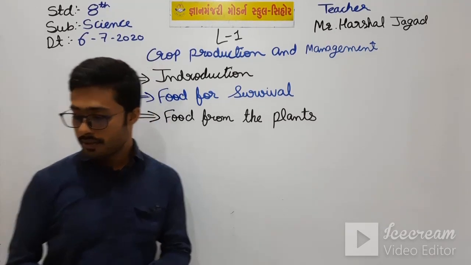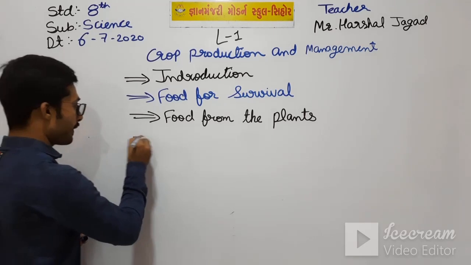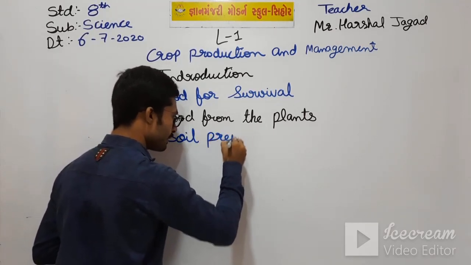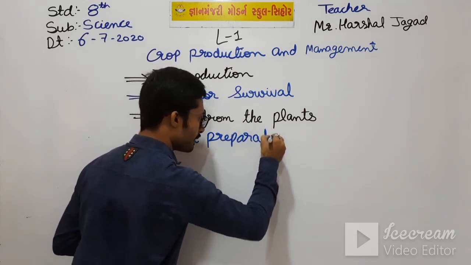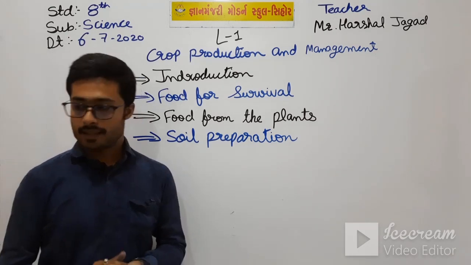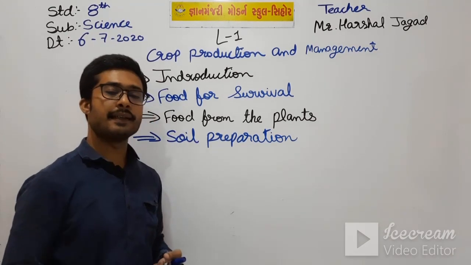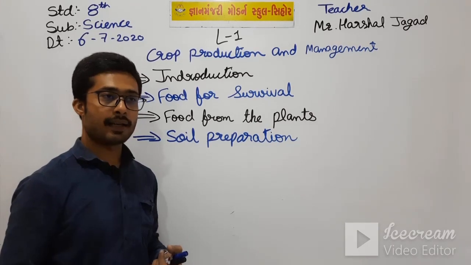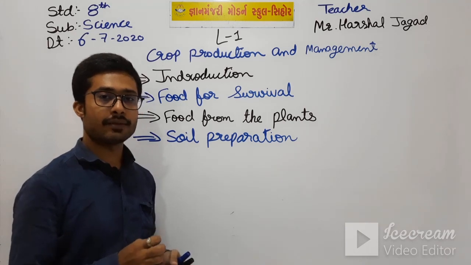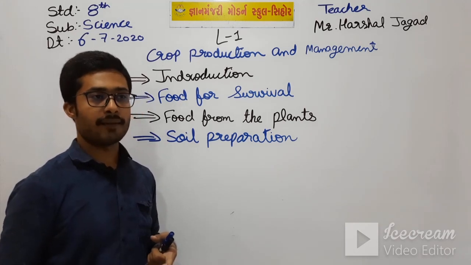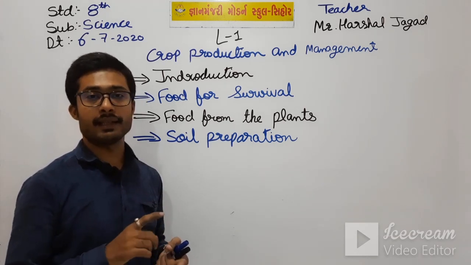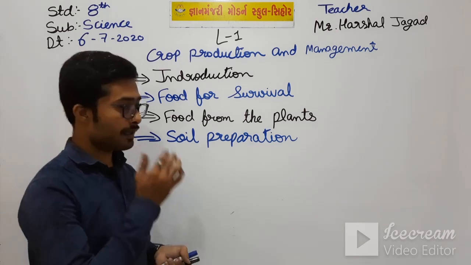First we saw soil preparation. In soil preparation, first of all the soil is ploughed, then it is leveled, and then fertilizers are added. For ploughing there is a tool which is attached to the tractor. Also for leveling there is a tool attached to the tractor, and then the soil is leveled.